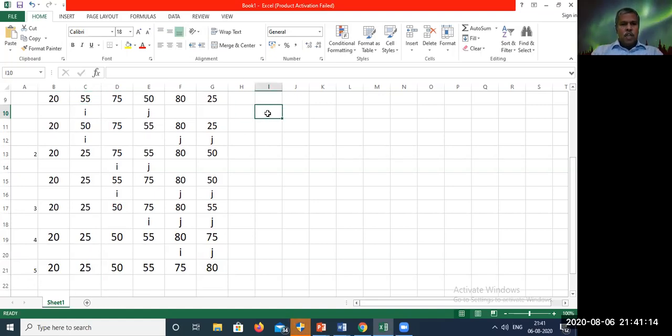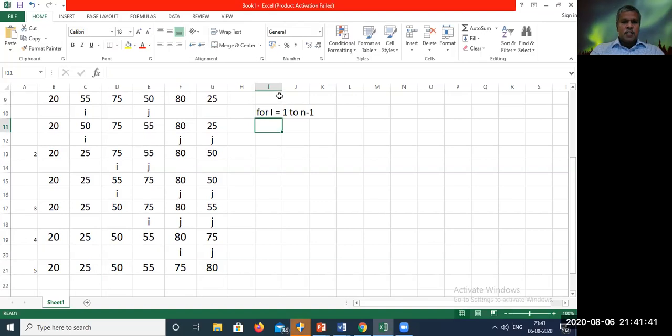So normally when we write a sorting algorithm program, we will use two for loops. That's why I would use an i loop and a j loop. For i equal to 1 to 5. If I am using n elements, I have to write the general form as n minus 1.